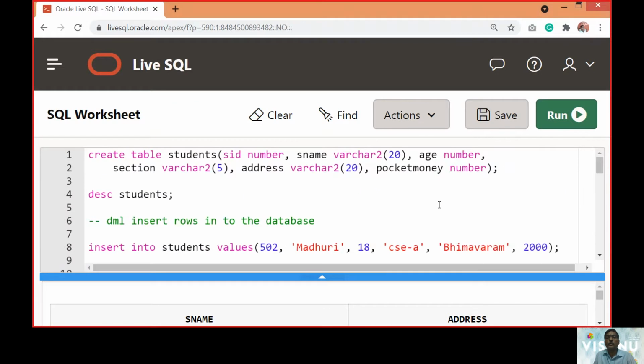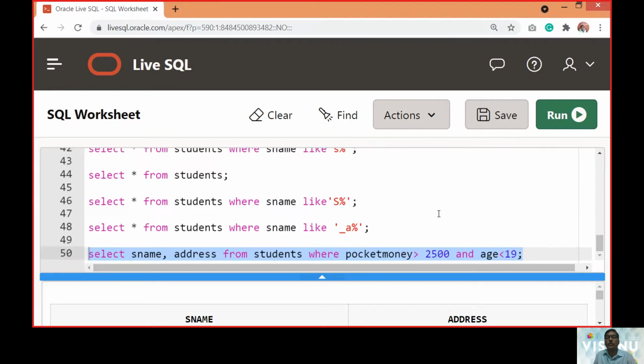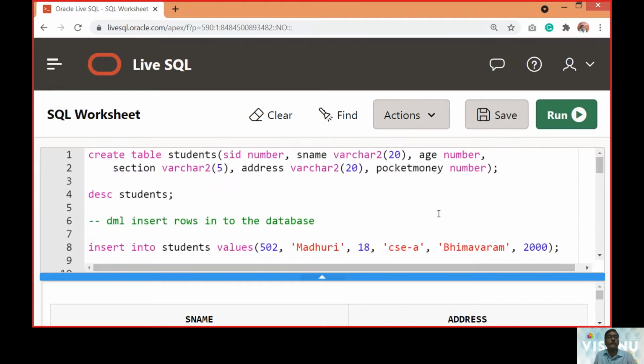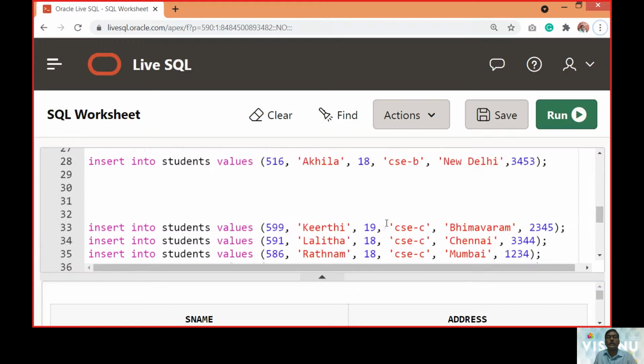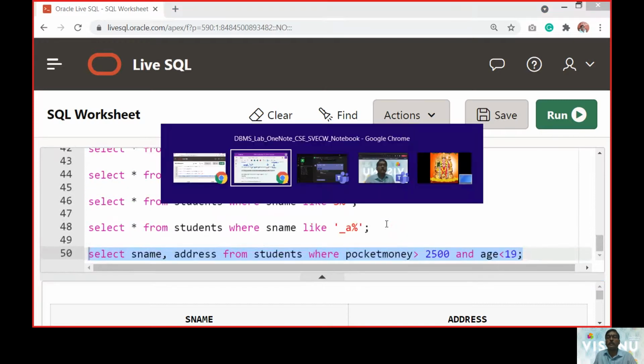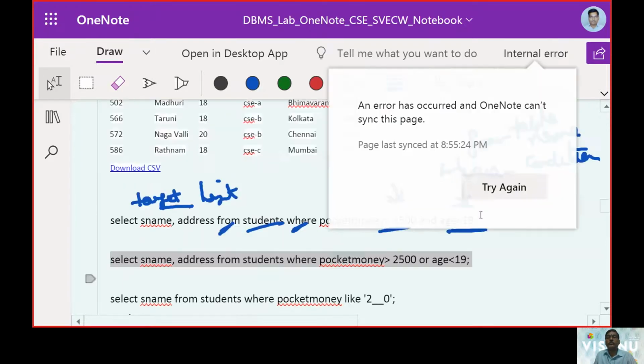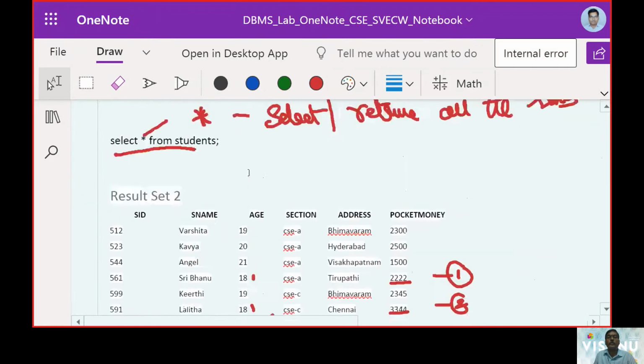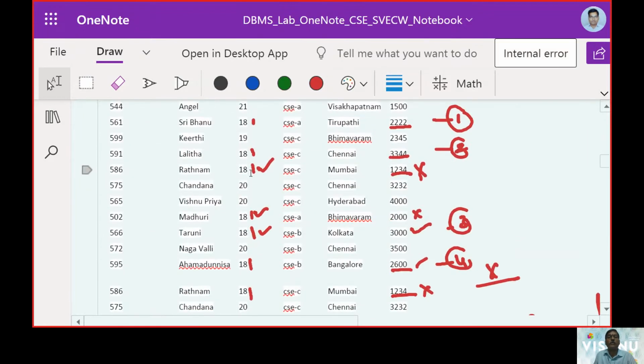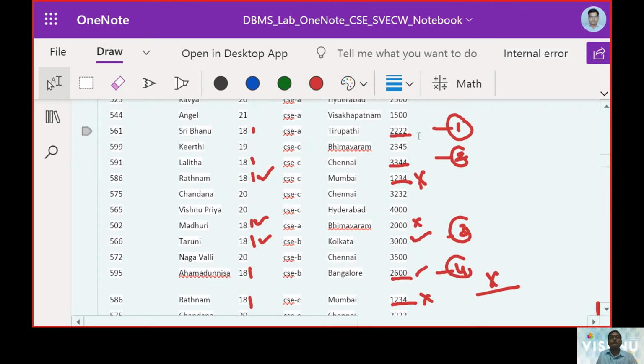2500 should be there. So where it went wrong, again we have to troubleshoot in this model. Yeah, this was my mistake.